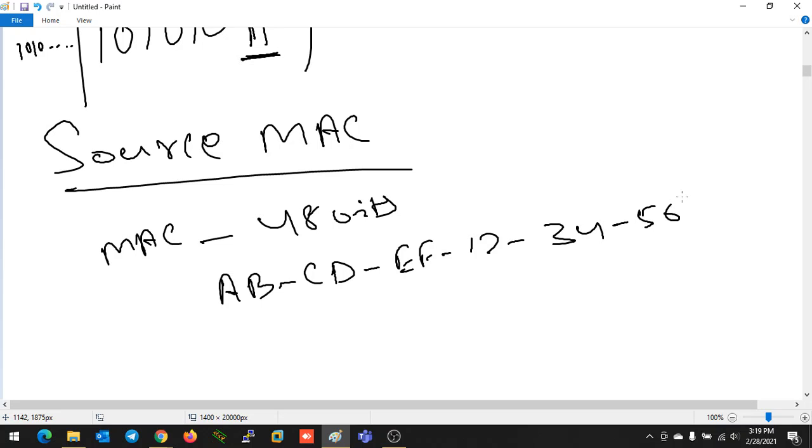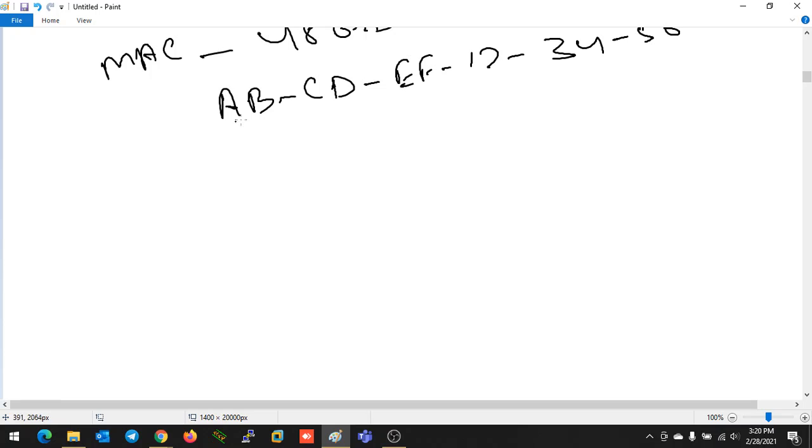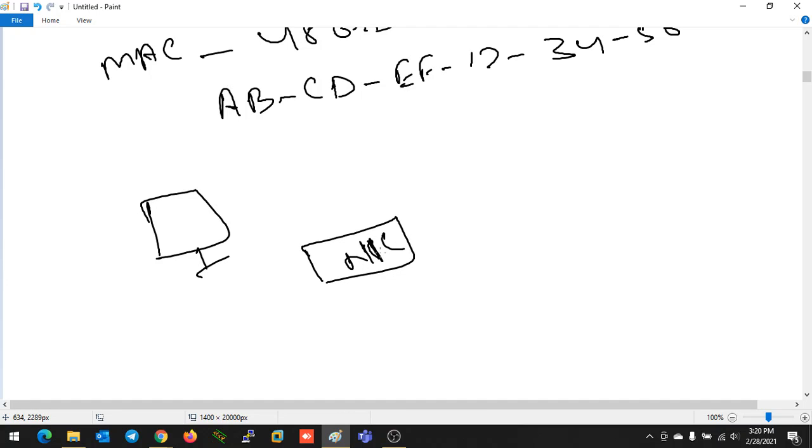Now, what is the difference between a logical address and a MAC address? About the logical address, IP address and all those things, we will discuss in a later topic. The physical address is a fixed address for every device. The manufacturer who makes that device assigns it. For example, your PC has a NIC card. If you don't know about the NIC card, you know there is one Ethernet port on your PC or laptop where you connect the Ethernet cable. That port is available on your network interface card.